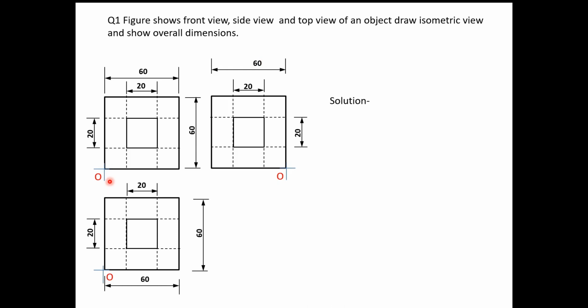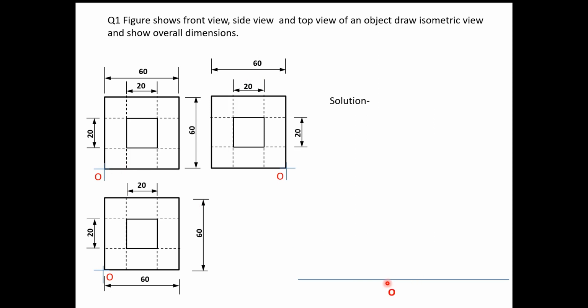Now if you see here, this is the origin. Okay, this is the front view. So what is the total length? This is 60 mm is the length and height is also 60 mm. What is width? This width is visible in the side view, that is also 60 mm. Now origin is given. Okay, so first we will draw one horizontal line,